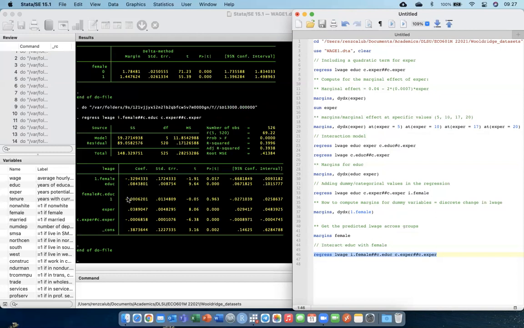Well, as it is, it looks like it doesn't. Education doesn't really depend on female. So the marginal effect of education is the same across two groups. But what if this is statistically significant? How will you interpret these results? So you can still use margins to compute the marginal effect of education. If you wanted to compute the marginal effect of education while accounting for this supposed difference across groups,